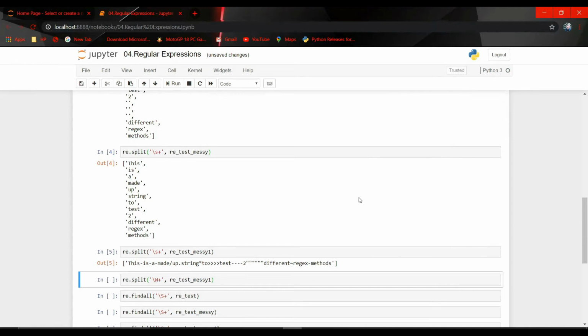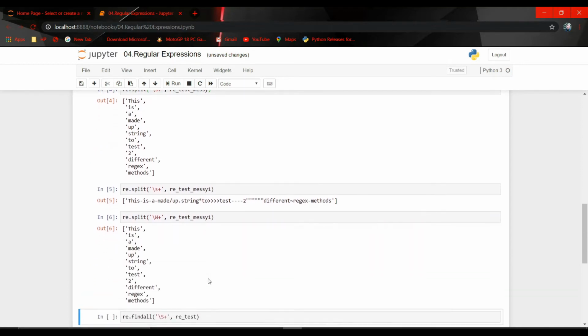So the next regex feature is slash capital W. Slash capital W means everything except alphabets, either lowercase or uppercase, numbers 0 to 9, and underscore. If anything other than that is encountered, it will split the string. So let's run this code. I think we can get the desired output now. Yes, now we got the desired output. So this is the basic introduction of the split method.